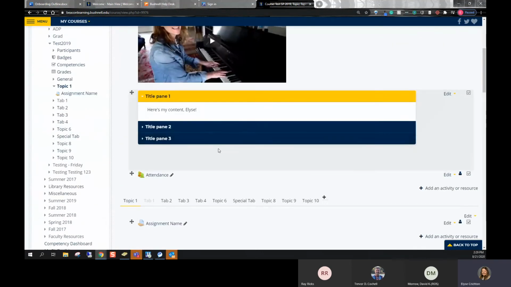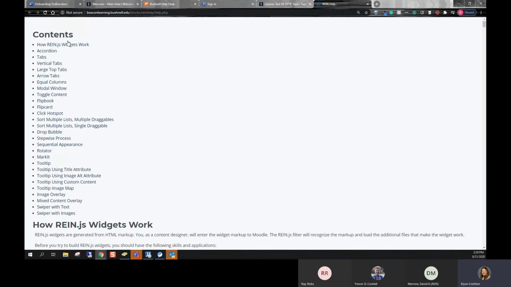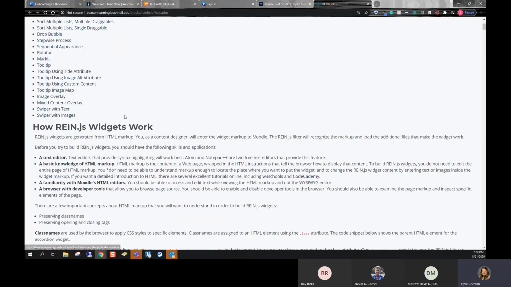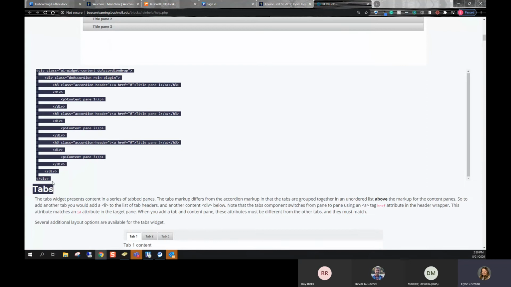So the last thing that I'm going to show you, since again, I think you, Trevor, and David are both a little bit more power users. Down here in the left, you can also add this rain help block. And if you click on the rain help, you'll have all of these different little widgets or whatever. My favorite is the accordion widget. So you can copy this HTML text here,